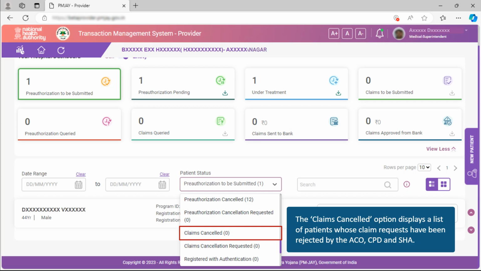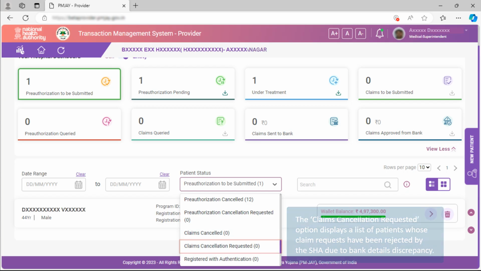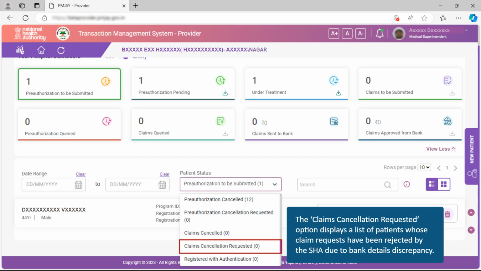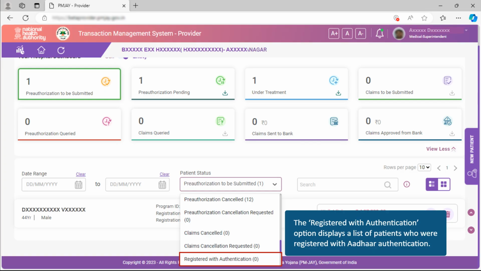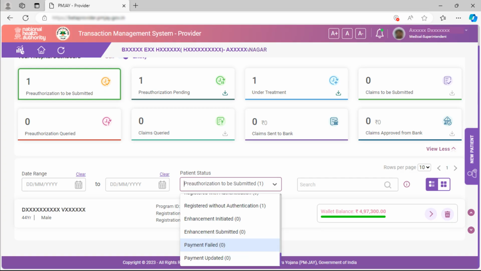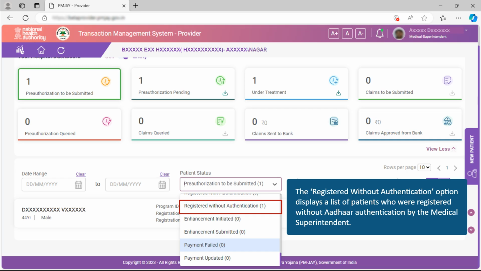ACO, CPD, and SHA. The claims cancellation requested option displays a list of patients whose claim requests have been rejected by the SHA due to bank details discrepancy. The registered with authentication option displays a list of patients who were registered with Aadhaar authentication. Next, the registered without authentication option displays a list of patients who were registered without Aadhaar authentication by the medical